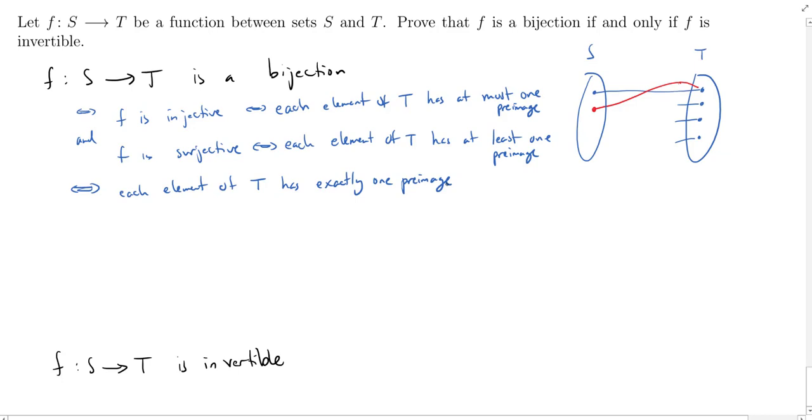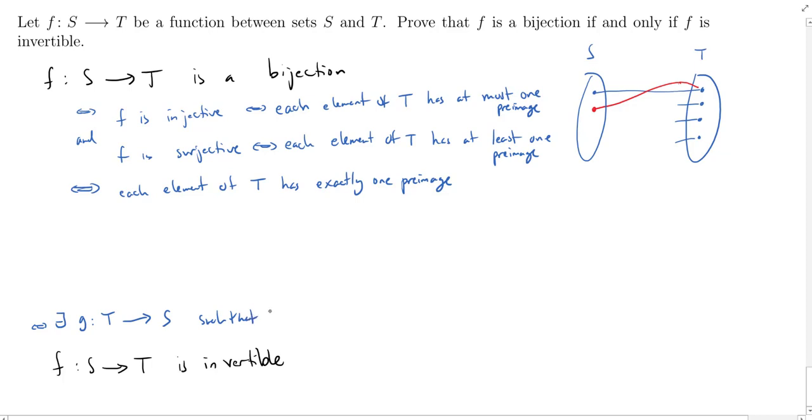Okay, so let's pause on the upper side of this for a second, and let's talk about the bottom now. What does it mean for this function to be invertible? Well, the definition of invertible is that there's another function which goes backward. So this is equivalent to saying there exists a function g that goes from T to S. So you switch the domain and the codomain such that